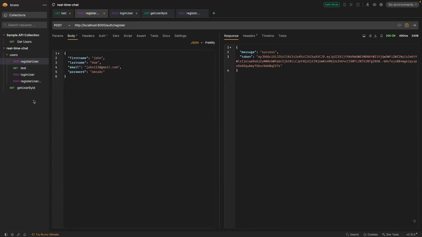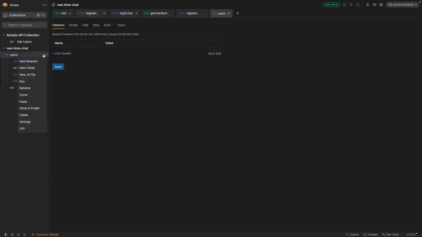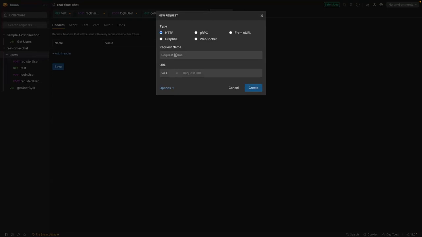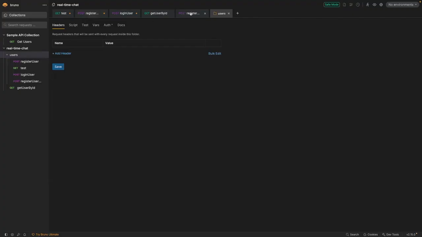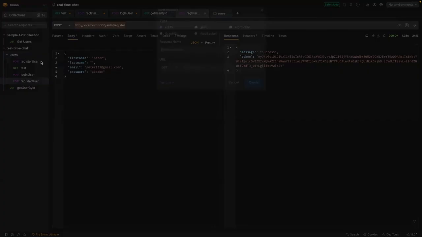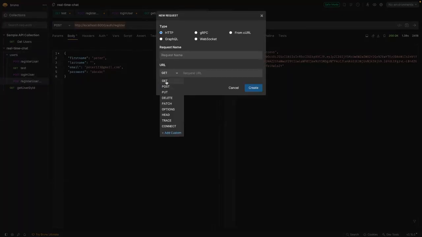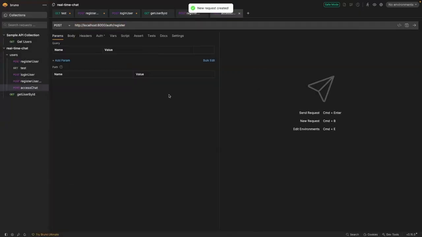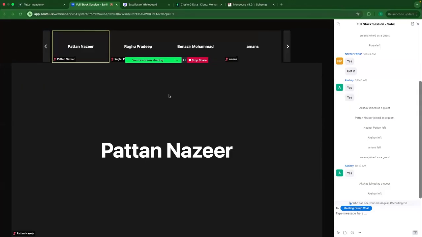So what we can do is we can create a new request. We can call it access chats. This would be a post request. So let's have a post request. Let's call it access chat. And the API would be